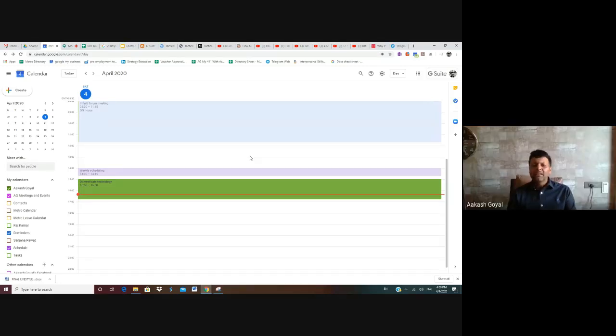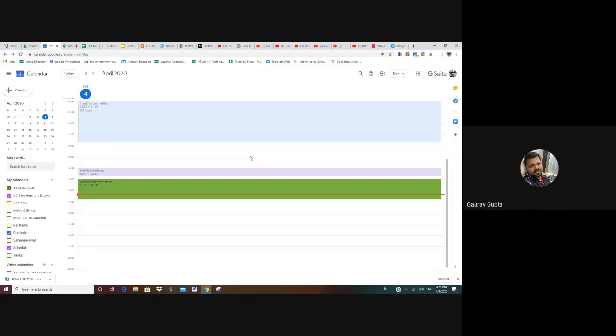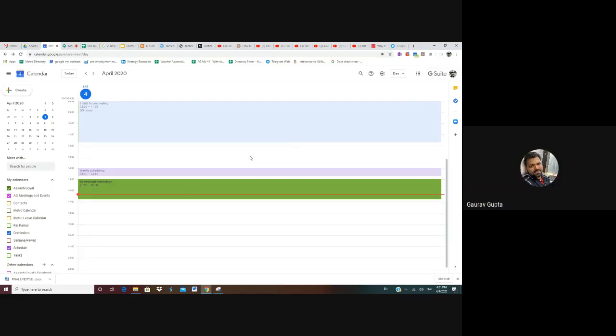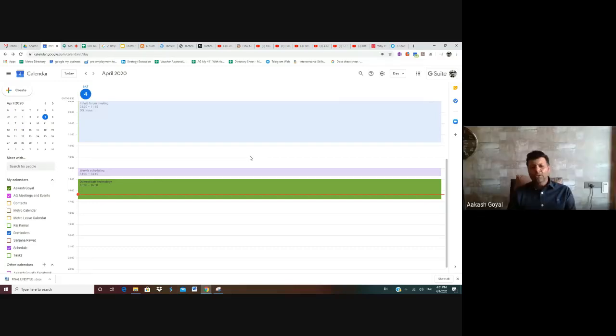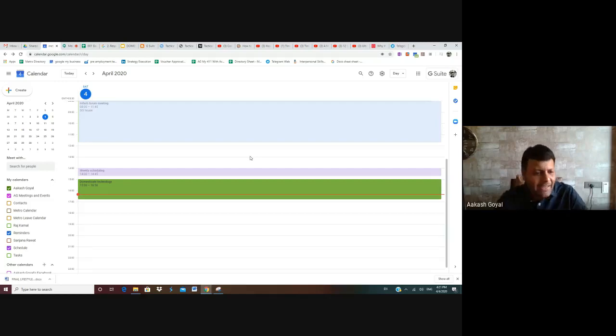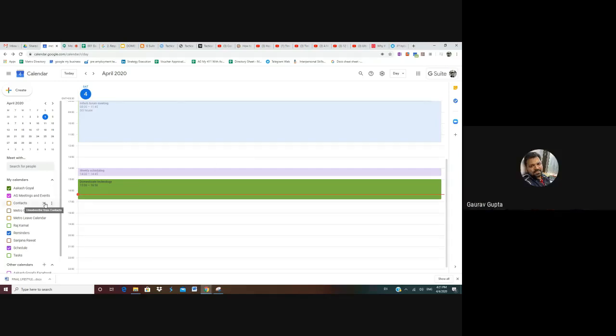No, but then you can always set notifications. The notification will come on the phone anyway. All right, got it. It will not show in the calendar, but the notification will come for all the calendars which we have, for all the events, whether we are checking on the left side or not. The event is created anyway. Got it. So the notification will come, though it will not show up in the current calendar.